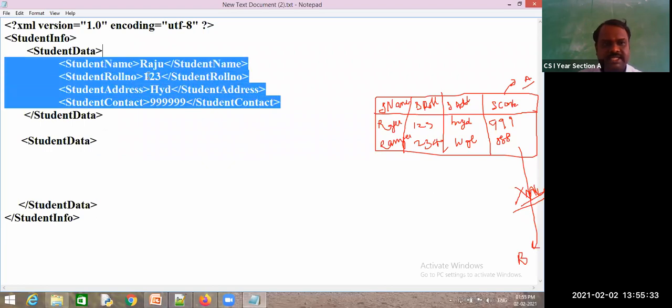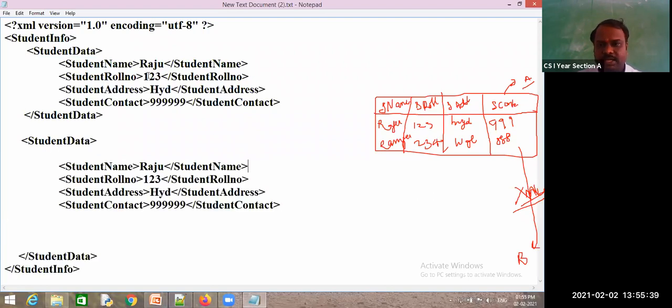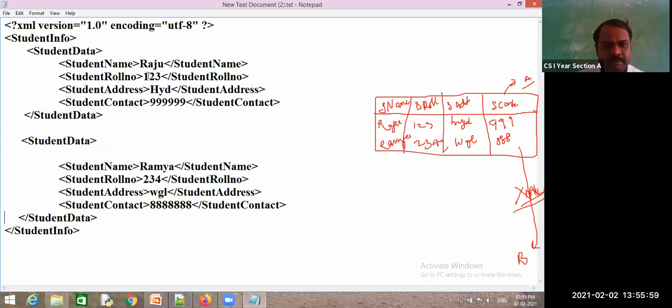Next, similarly, I will maintain the same data for the second student. This is Ramya, her roll number is 234, she belongs to Warangal, and her contact number is all 8. Did I use predefined tags or my own tags?